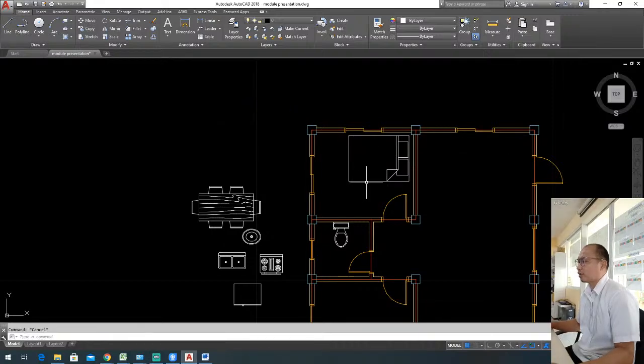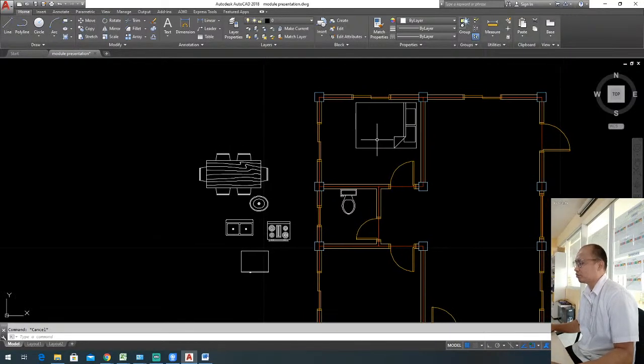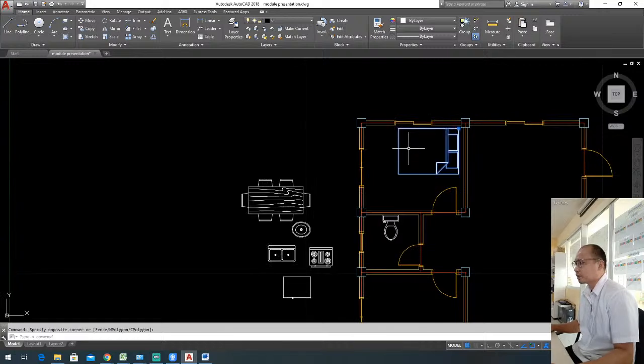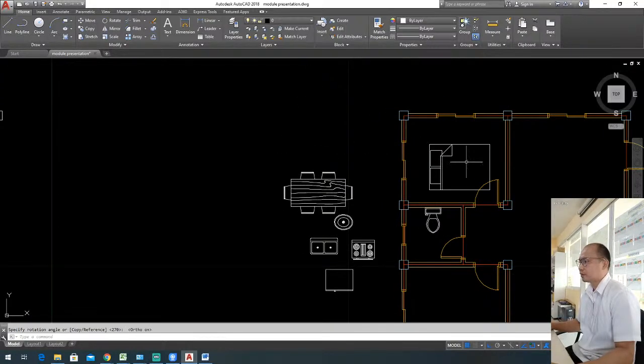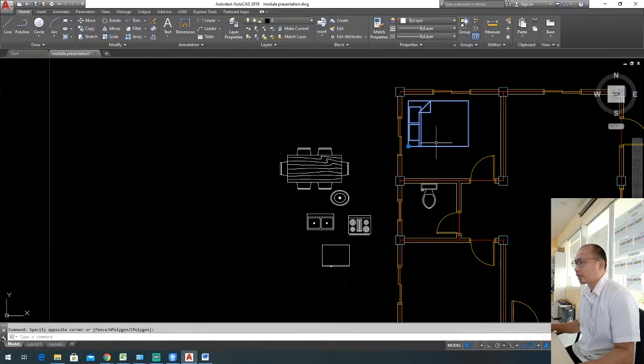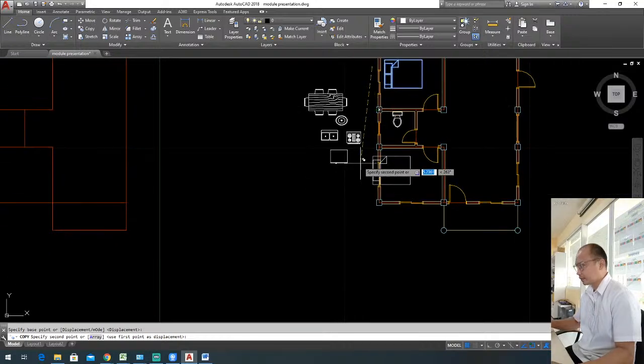For example, much as I wanted to position the bed right here. Okay, maybe not. I'm going to rotate again. Okay. Then I'm going to reposition my bed here. Okay. Now all I gotta do is copy, for example, copy this bed, and then